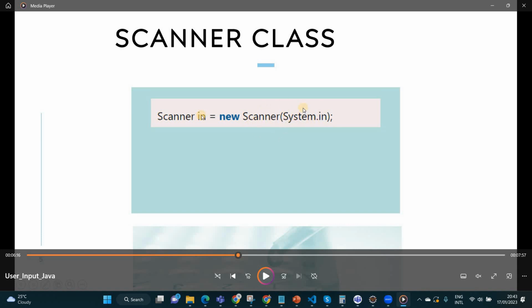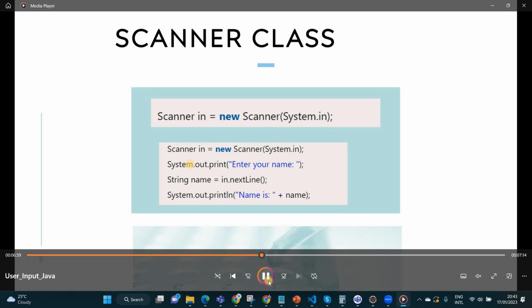And here we need to take the input from the user, because the system is going to ask for the input from the user. That's why we need to put System.in. Here, in represents the input. After the declaration of the scanner class, the system needs to ask